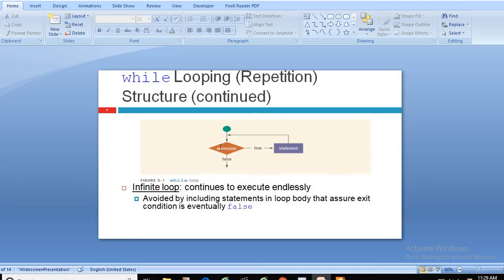For example, the condition is x is greater than 5, and here the value of x keeps increasing: 6 is greater than 5, 7 is greater than 5, 8 is greater than 5, 9 is greater than 5. So it will go on for infinite times. Avoid it by including statements in the loop body that assure the exit condition is eventually false.